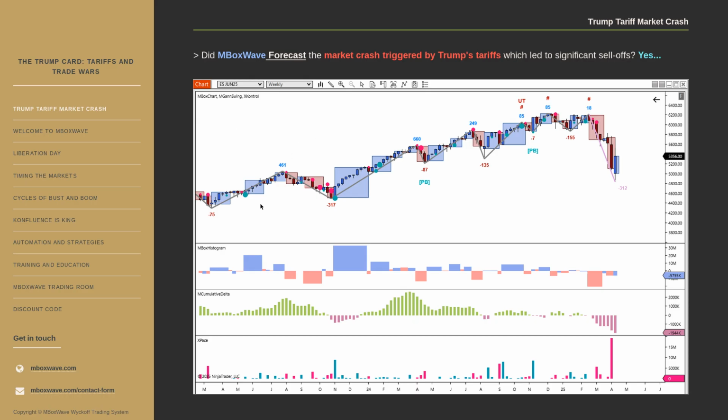So the first slide I have here is the ES, which represents the S&P 500 weekly chart. And we had been going up in this uptrend, this chart is shown for the past 2 years. This M right here in the lower left corner represents March of 2023,